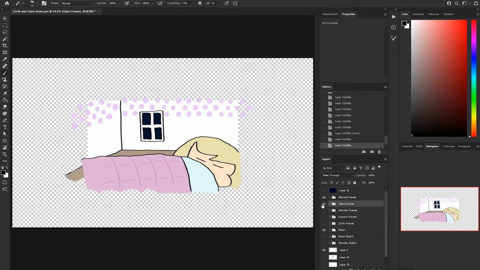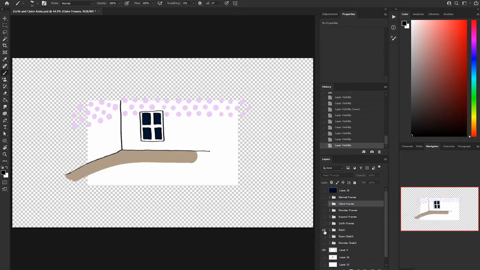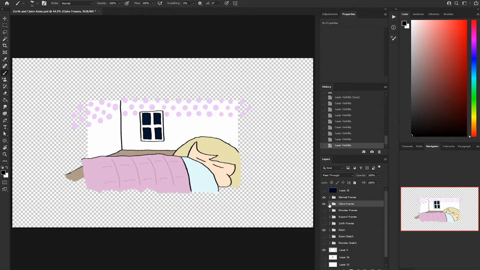There's this drawing of the bedroom. There's these frames of Claire and the blanket surrounding her. And these are just the layer groups, and within those layer groups are the individual cycling frames. So there's Claire frame 1, which I labeled, which is just her sleeping. There's frame 2, frame 3, frame 4, and you can see the flickering as I switch between those. And it's the same thing for the blanket. Each one aligns with each frame of Claire.